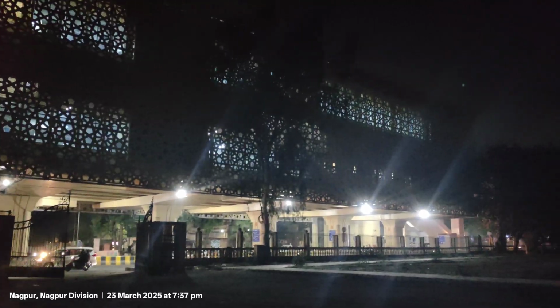This is the Kasturchand Park metro station. I think you can see it, it's written there. It's very blurry. This is the Nagpur metro and I am riding it shortly,